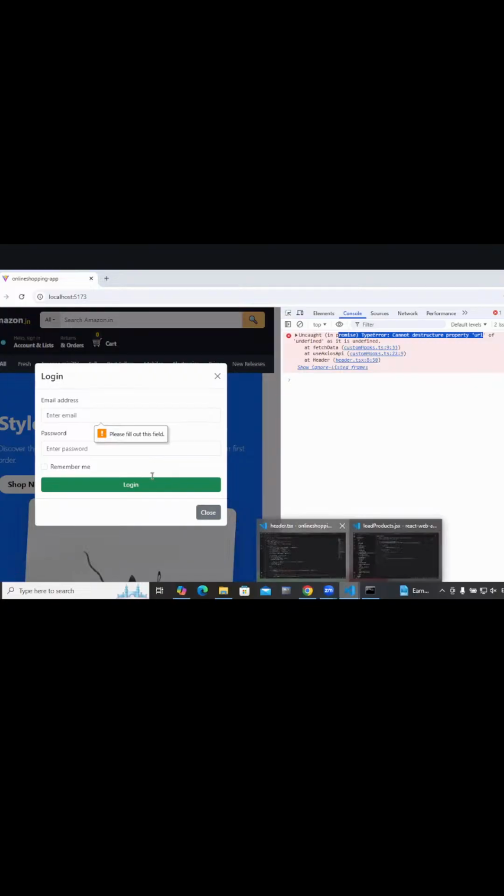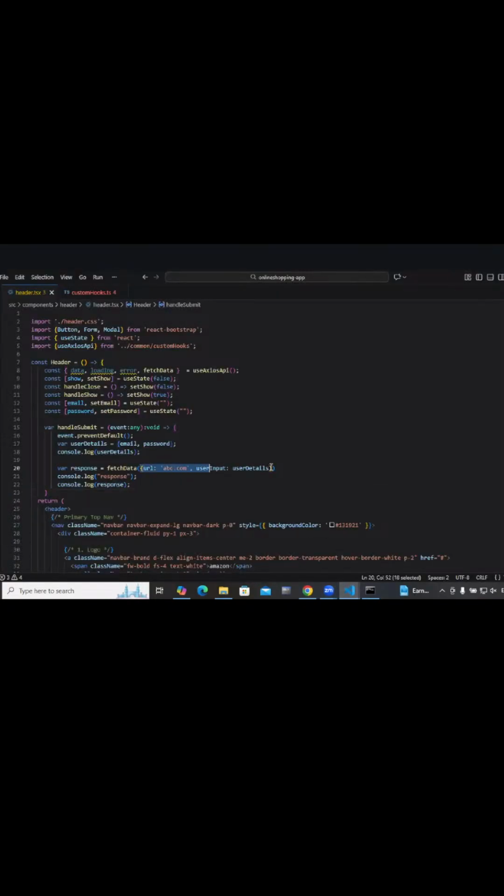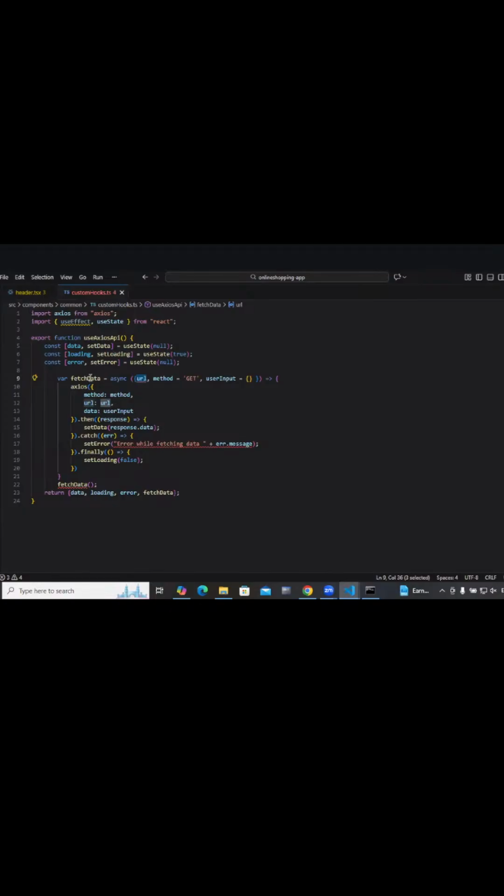I'm passing this data, right? Yes, sir. Can you go to the custom hook component once? Yeah. Here you are calling that fetch data method, line number 22. Okay, okay. So here I need to pass these values. Okay, I think we don't need this method. We don't need to call this. Yeah, it will be called from there itself.